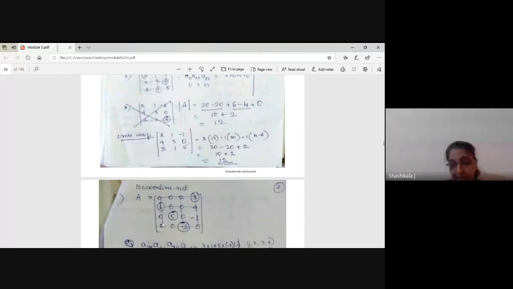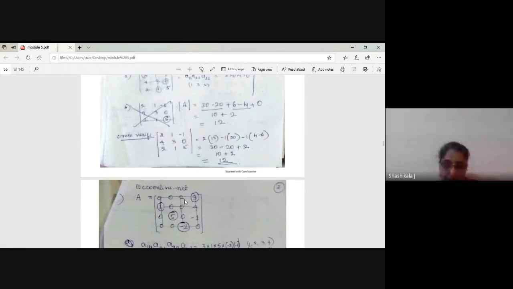You have to take 1 because the other elements are 0. So you can't take this and this. In the second column you can take only this, all others are 0. So you can't take this and this. Here you can,